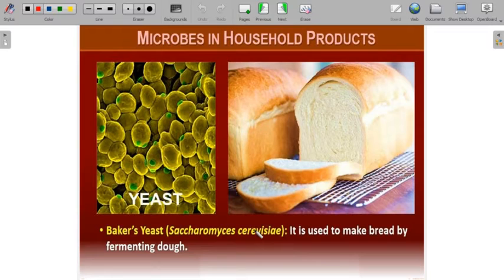It is commonly used to make bread by fermenting dough. So numerous food items like idli, dosa, jalebi, and even bread are all prepared by the fermenting process, where a large amount of CO2 is evolved. Because of the CO2, you can see small holes in the bread and the rising of the dough. If your mom prepares rice dough and keeps it overnight, early in the morning you can see it is very soft and puffed, and the level has risen a little because of the large amount of carbon dioxide evolved during fermentation.